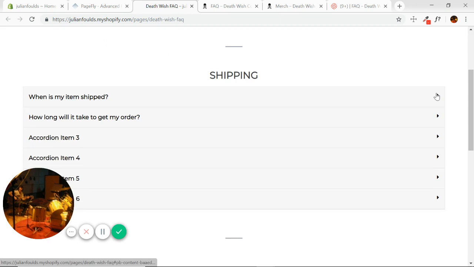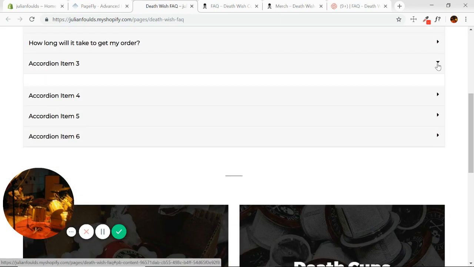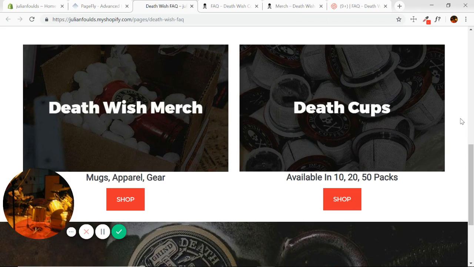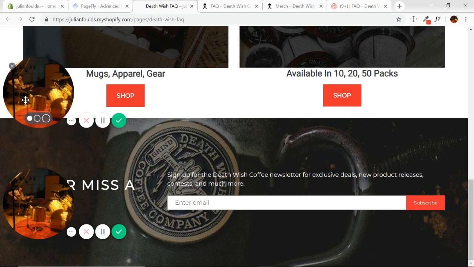Okay, we've got shipping. We've got our functional accordion that we didn't fill out completely, but if we had pasted all the information, that would be fine. We've got, okay, so I didn't link both photos, but I did show you how. If I clicked on this, I would go to merch, and the button's there too, okay? Definitely could use with a little bit more padding on the top of this to bring it down from that image a little bit, but that's okay. And we've got,